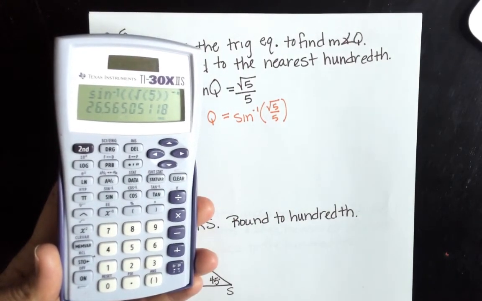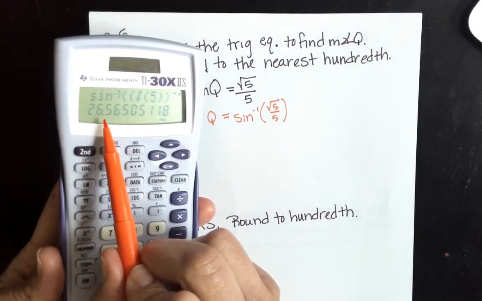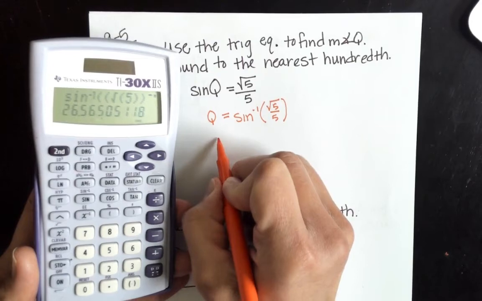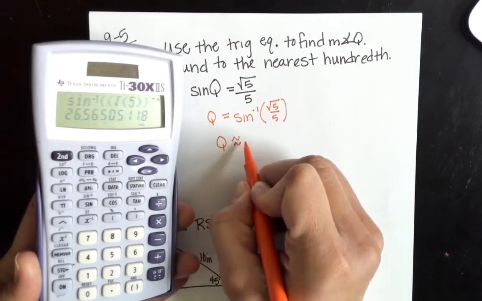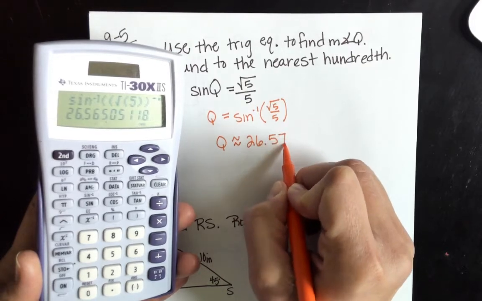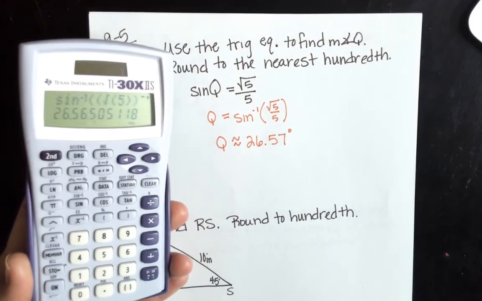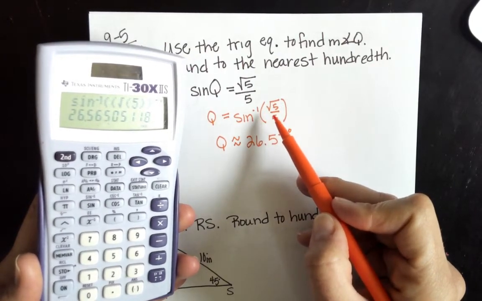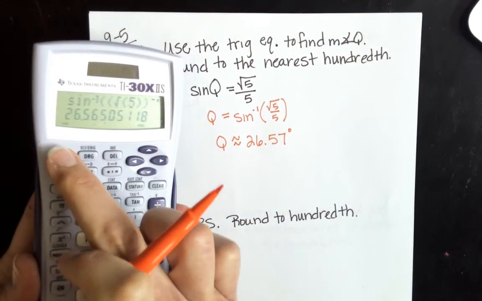And then we have our answer of 26.57, because that number after. So the measure of angle Q will be approximately 26.57 degrees. So make sure when you're plugging it in, now you could also figure out what the square root